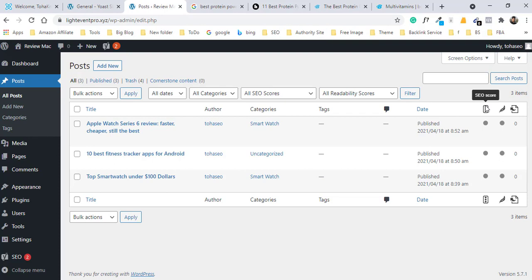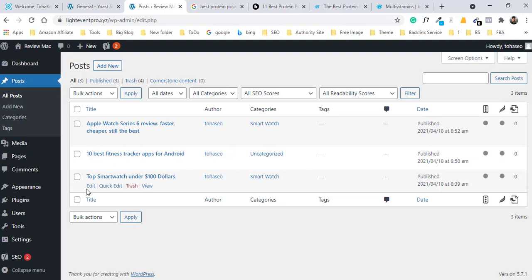So never follow this SEO score blindly. You just follow best practice. You think about your users, and don't follow this guideline blindly.